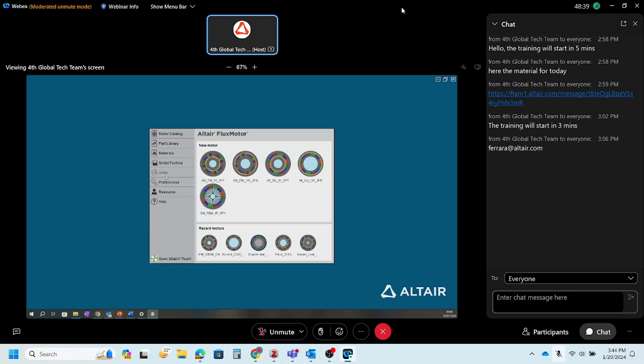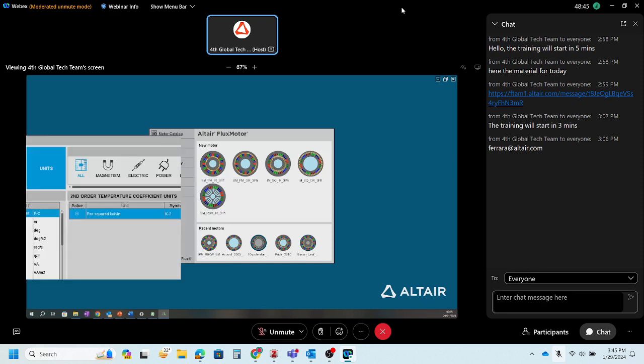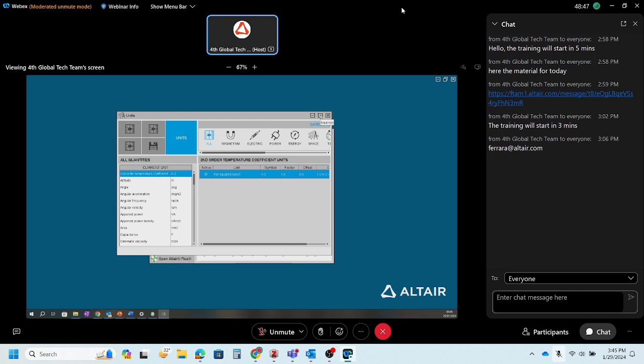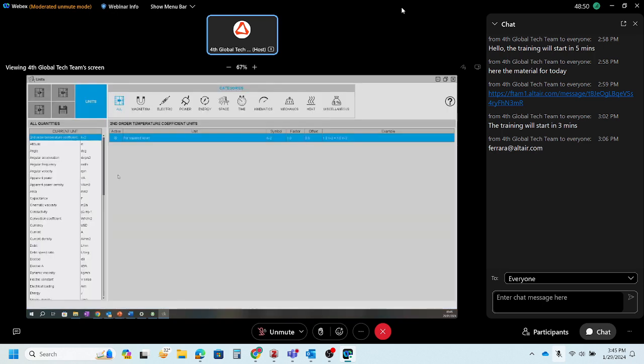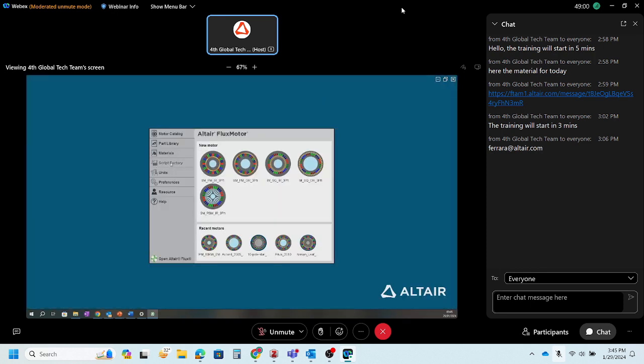So we also have the possibility to go to the units to change them. Also here, I don't want to spend a lot of time. Just check the current unit. You can just open it and check the current unit if you agree with them, or just change them in a quick way. Then we have the script factory that allows us to,